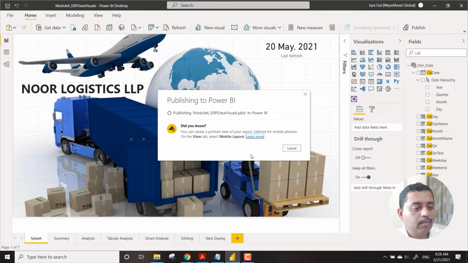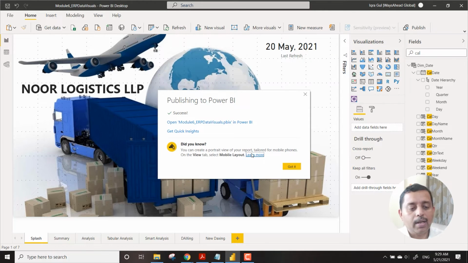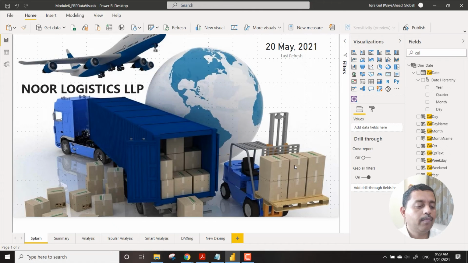Go to module 6 ERP data visual file Power BI. It will now be transported to the Power BI service, and let's see how it looks when it gets published. It might take a few seconds or a minute or a few minutes to get published based on the data, and you can see it says got it.